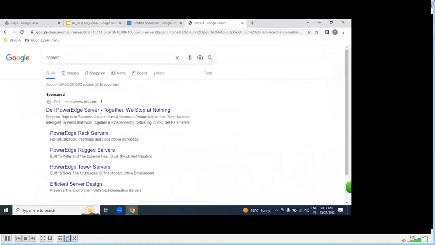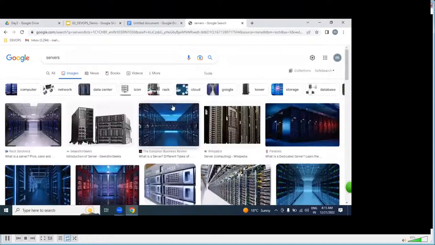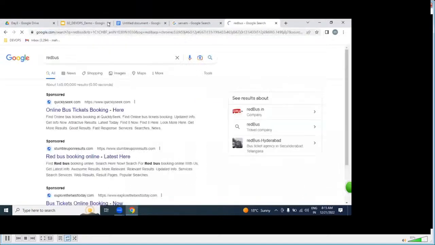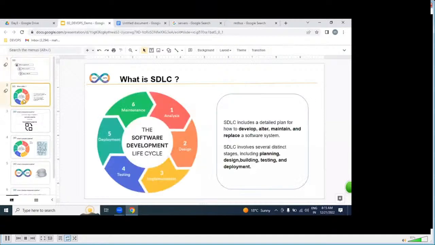Once it is placed on the server side, we can access it over the internet as a website. But if you want to produce a Flipkart or Redbus kind of application, we use SDLC. In SDLC, we have several stages like analysis, design, implementation, testing, deploy, and maintenance.